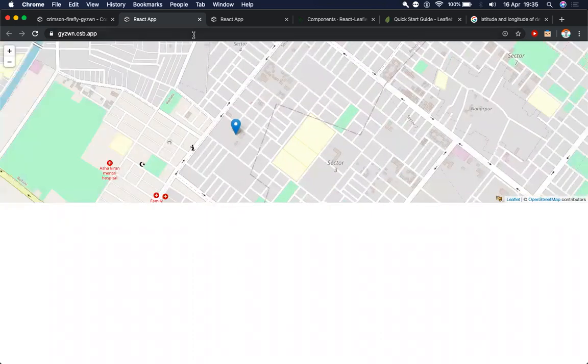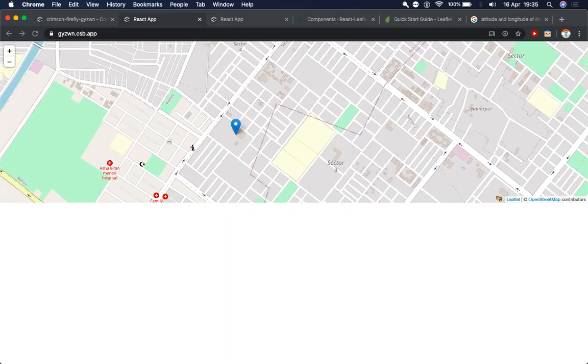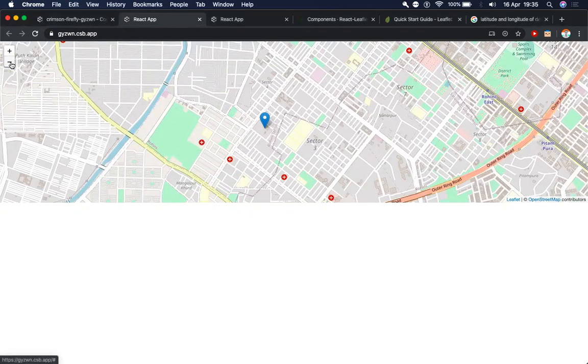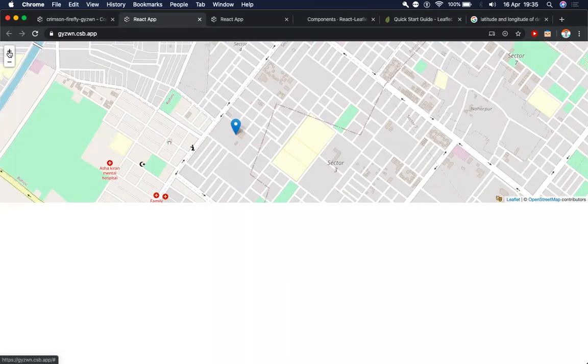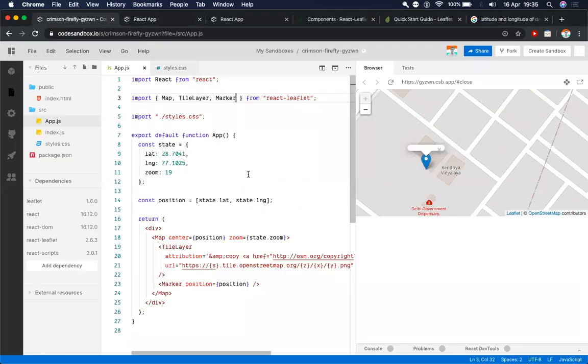I'll share the link in the chat so everyone can experiment with the app. And clicking on plus and minus also changes the zoom dynamically. Otherwise, if you want to change it by code, we can of course do that, but that's a part of hooks in React, and I'll move into that later.